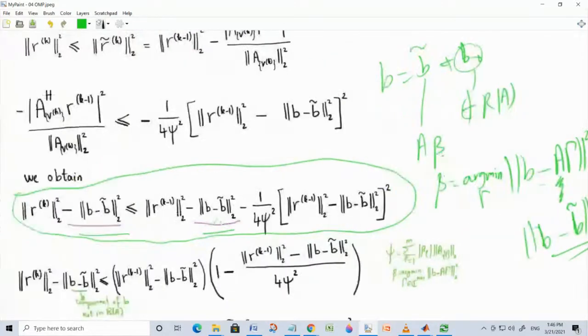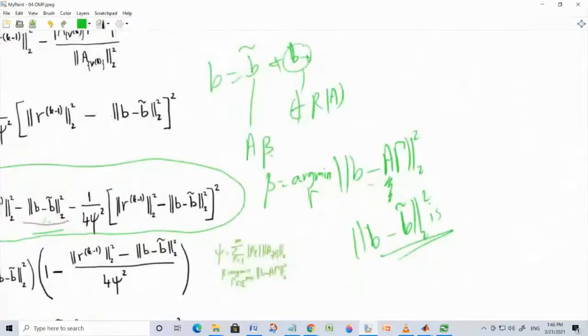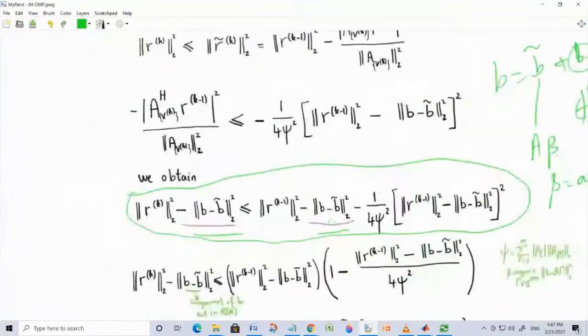Suppose that you let this algorithm run and use all the columns in A. In that case, will you reach 0? Well, you can never reach 0 if b has a component that is not in the column space of A. So this is the minimum possible value of the residual